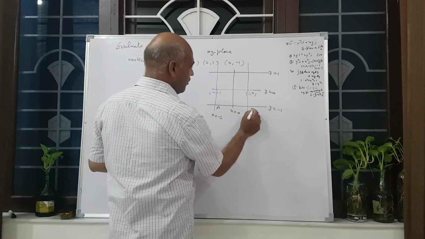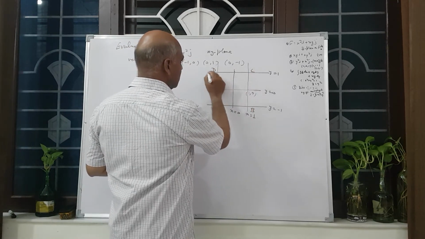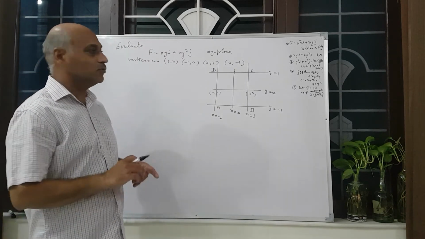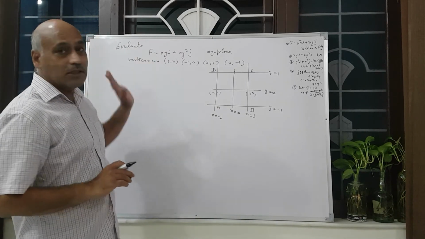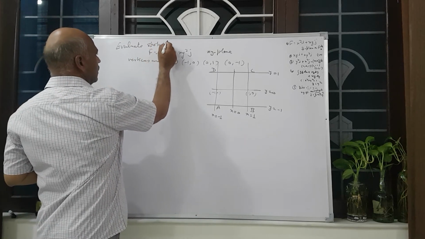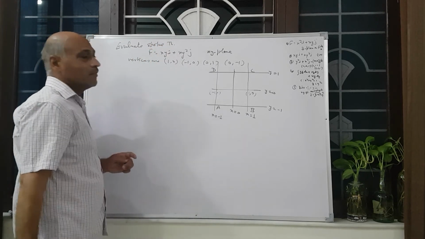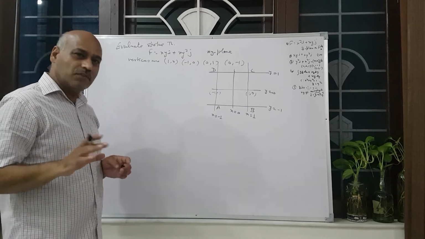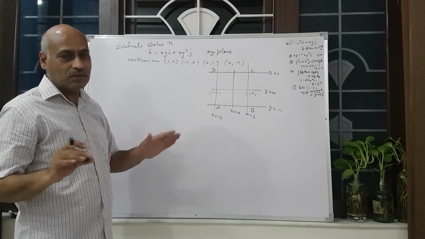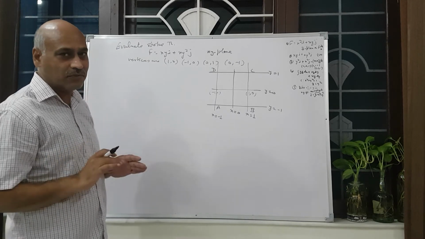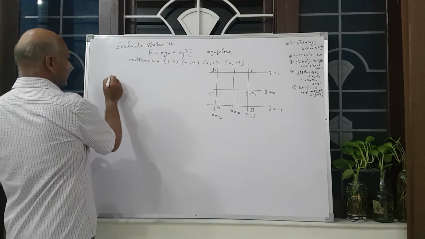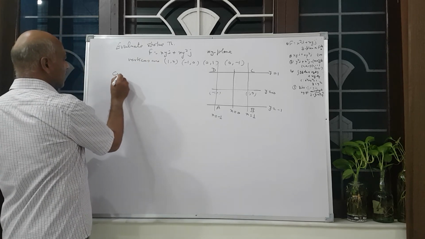A, B, C, D. So now we calculate. Here we have to evaluate Stokes theorem. Evaluate means there is no need to show left-hand side equal to right-hand side. We do not need to verify this one. So we have to find the right-hand side only, curl F. So this is F, so we have to find curl F.